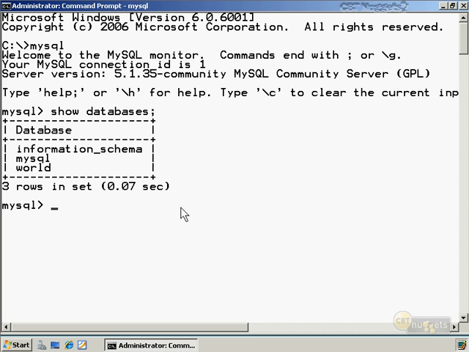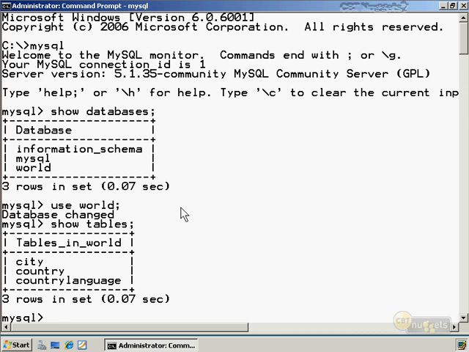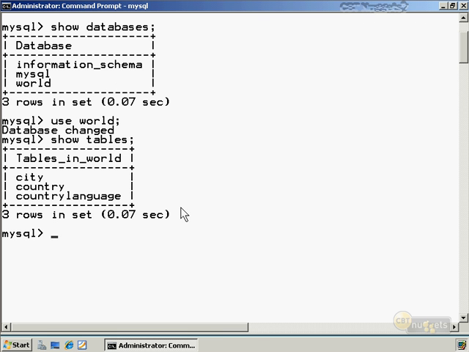We're going to be using the world database here, so let's use world, and we'll show tables. World is a fairly simple database that has just 3 tables in it that definitely have relations among them through matching columns. So if we just wanted to build a view that took a couple columns from the city table,